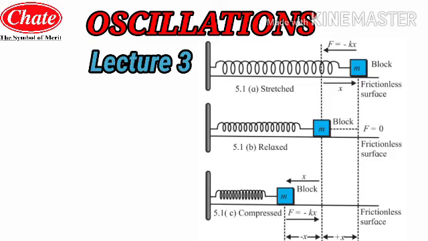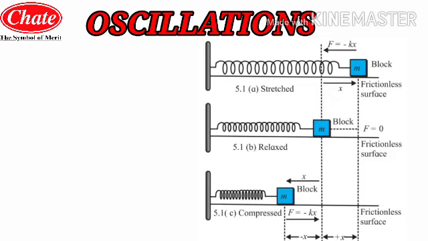After that we studied the three cases. In the first case, the block is stretched toward the right side of the spring. Then the spring will develop a restoring force, and the spring will unwind, and the displacement of that block from the mean position or the equilibrium position will be x, as you can see in the diagram. The length of the spring from the fixed support increases, thus the displacement of the block from its equilibrium position occurs.